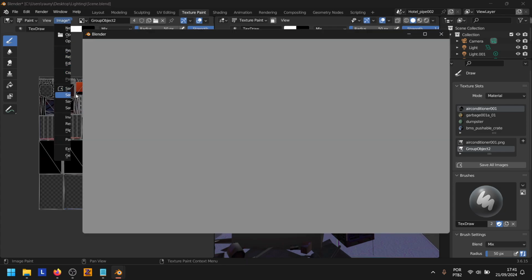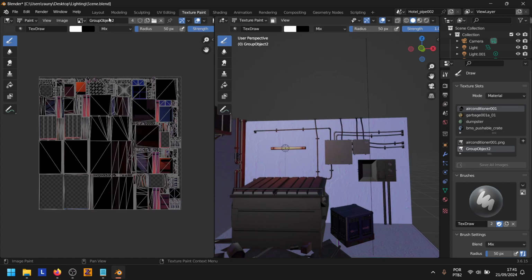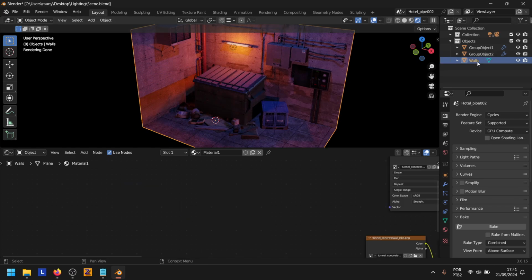Let's save as image. Let's set compression to 0. The format, let's leave it as PNG, and save as image. Now let's, for the last object, the object regarding the walls and the floor,